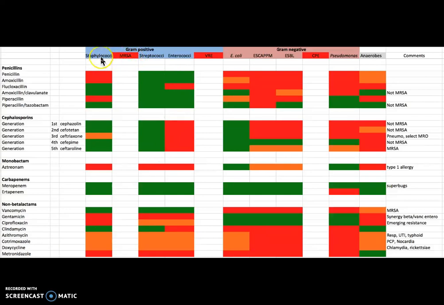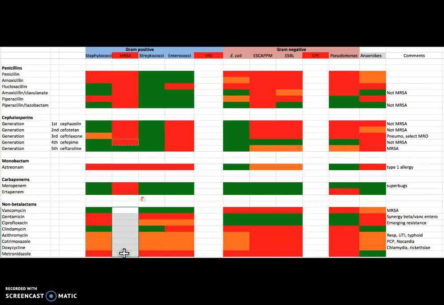Just considering Staphylococcus aureus, if it acquires the mecA gene, it becomes resistant to all beta-lactams, and so you can see that this is really a problem. Now, of course, there is a new beta-lactam called ceftaroline, which has activity, but you can see as I fill this chart in that we've got ourselves a significant problem.